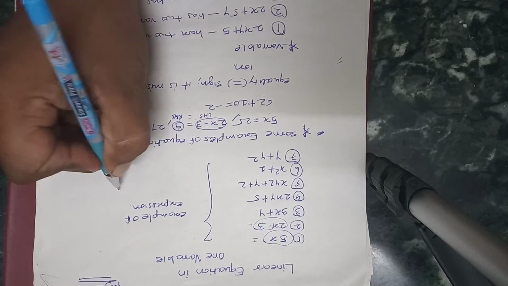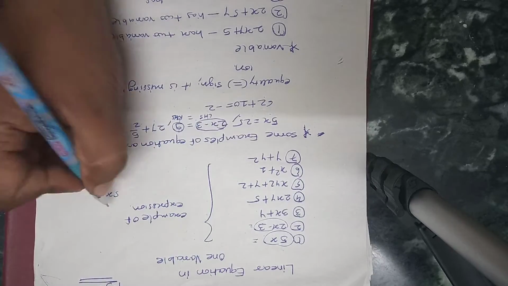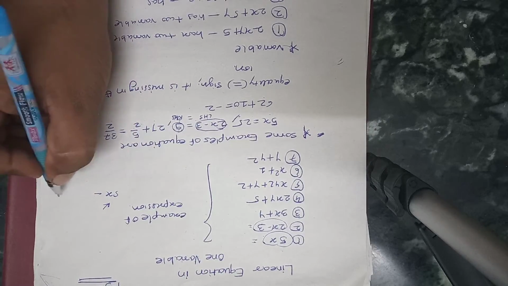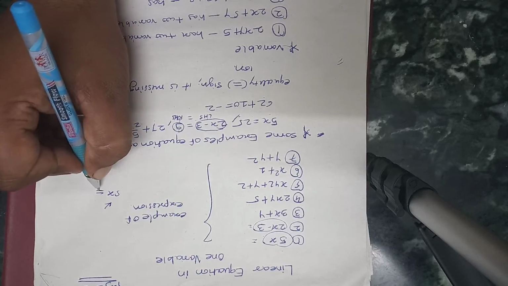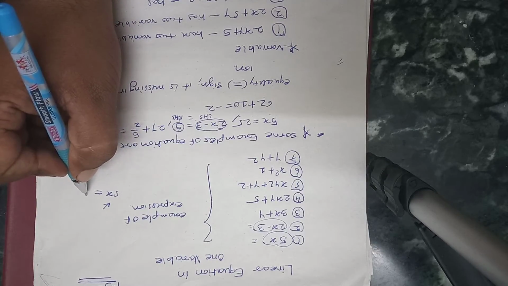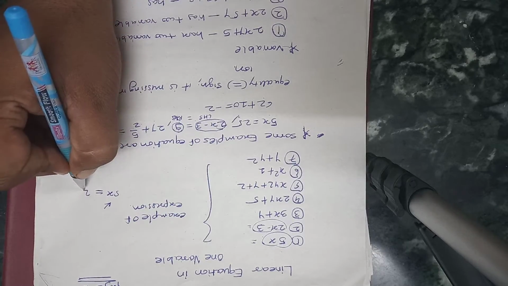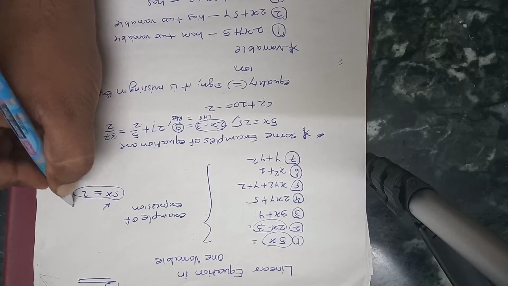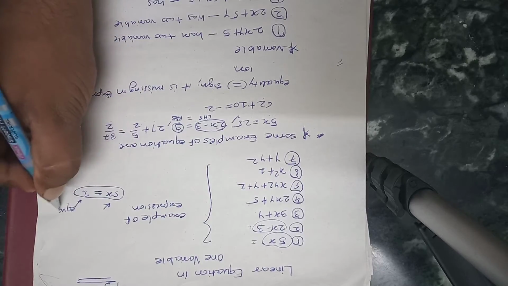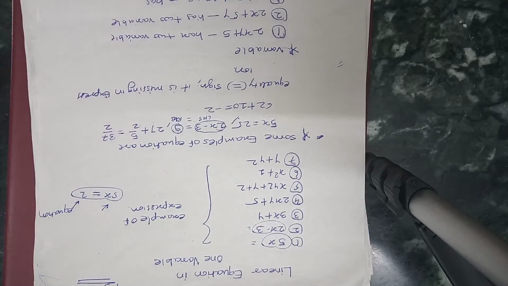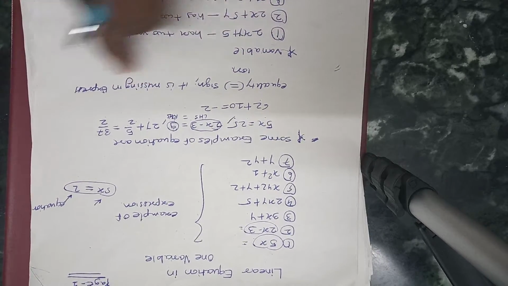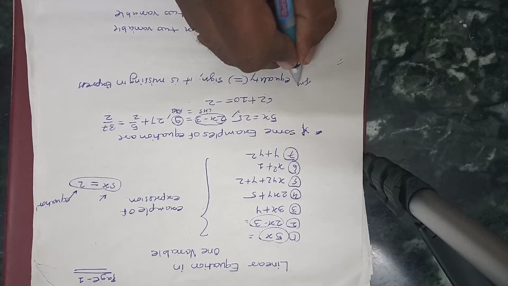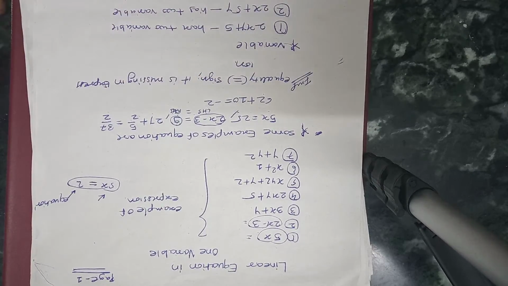For example, 5x is only an expression now, there is no LHS part, there is no RHS part. When you add an equality sign and add one value, suppose 2, then it will become an equation. Here also I mentioned that the equality sign is missing in expression, important point.